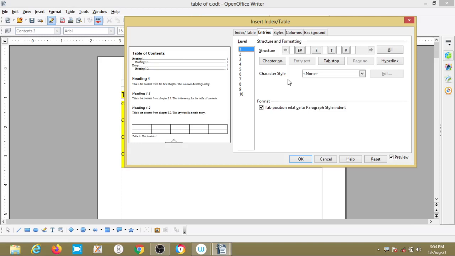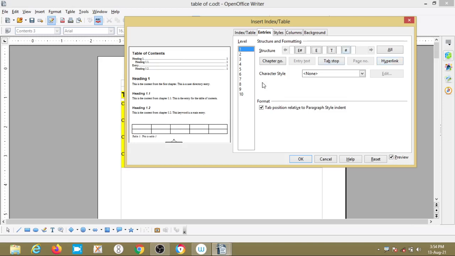Hyperlink gives a link between the document as well as headings or subtopics or contents. It links subtopic to contents, word to contents.